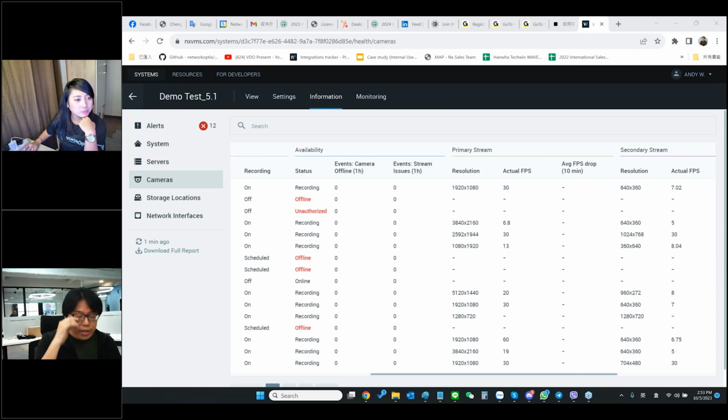Yes. Actually, the NS license you can consider as a license pool. For example, you have 2 servers with 150 cameras per server, so totally 300. You don't need to put the license keys in separate servers, 150 and 150.